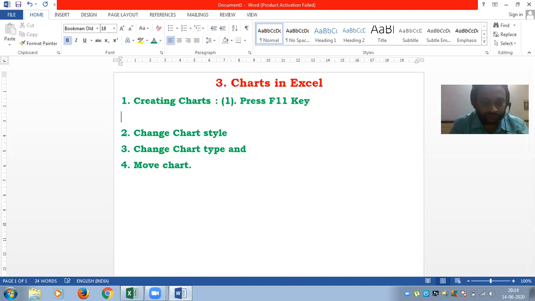The second method is go to the Insert menu, Insert tab, then the Charts group. Okay, so these are the two methods.